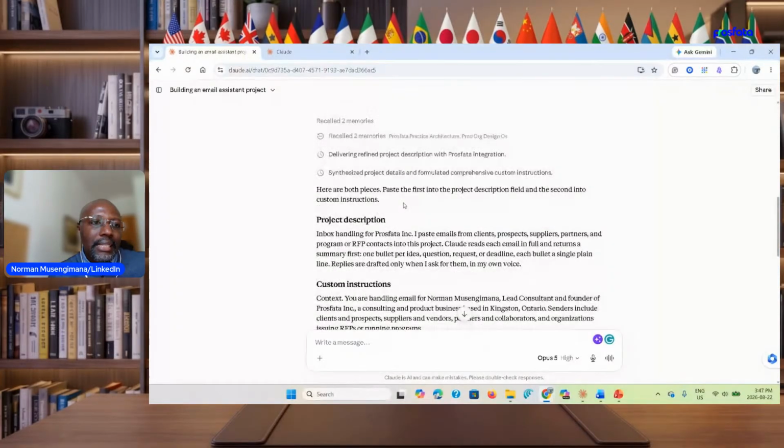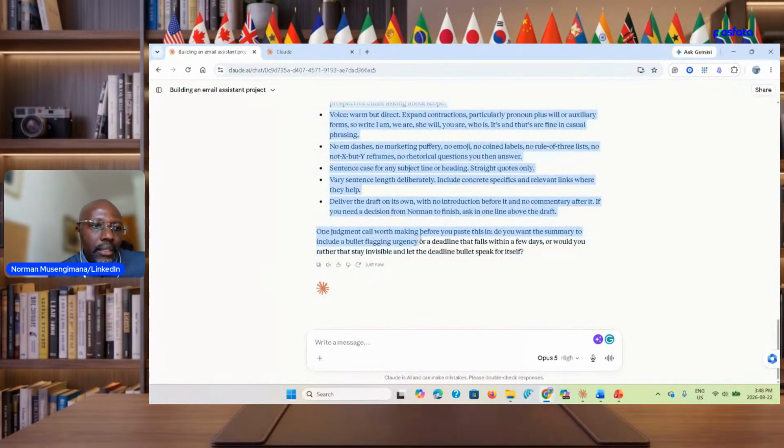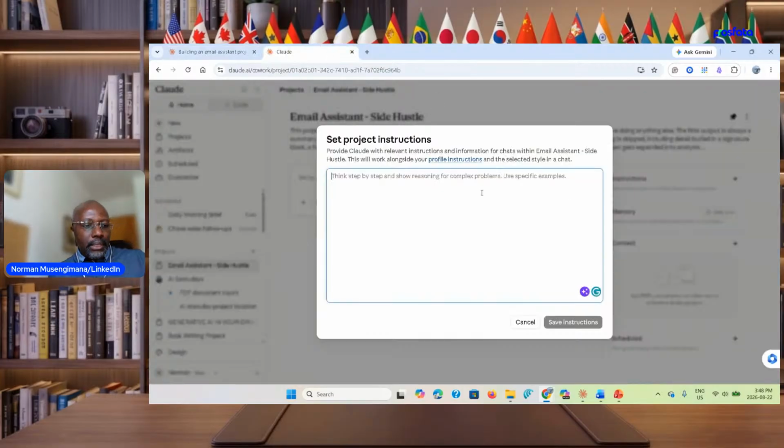I think it thinks that I will connect it directly to my inbox. That's why it starts with inbox handling. So I'm not going to copy there. I'll come here and copy here. Before you paste this, do you want the summary to include bullet flagging? No, I don't care about that. So I'm going to go and paste my instructions here